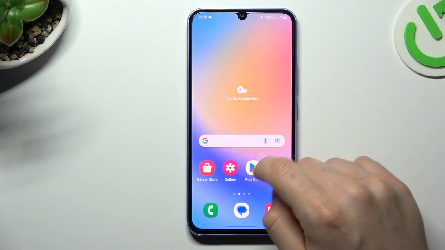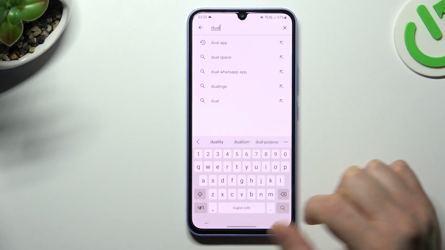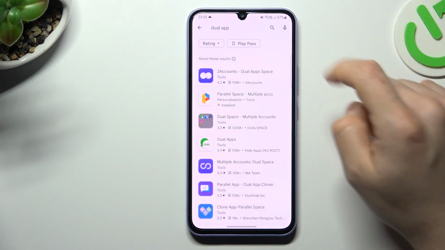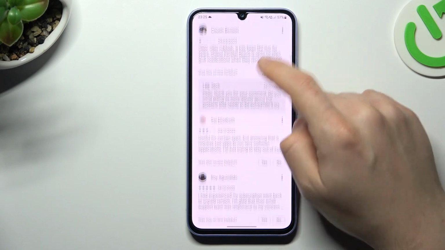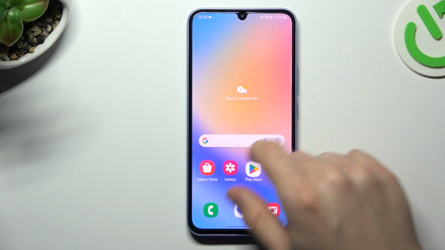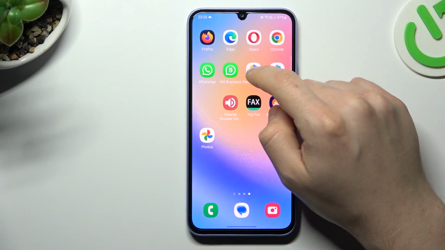Now the second one: you need to go to the Play Store and look for the dual app. I'm always using Parallel Space, but if you're downloading this app, remember to also download the 64-bit software. This one. Now go to Parallel Space,